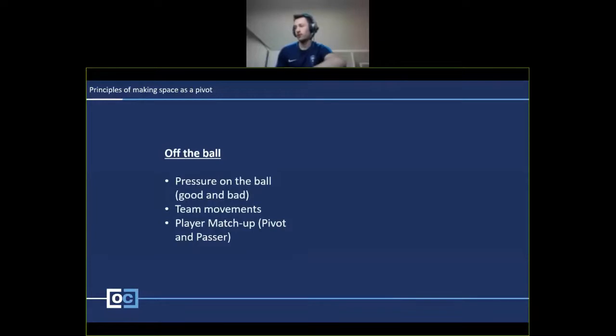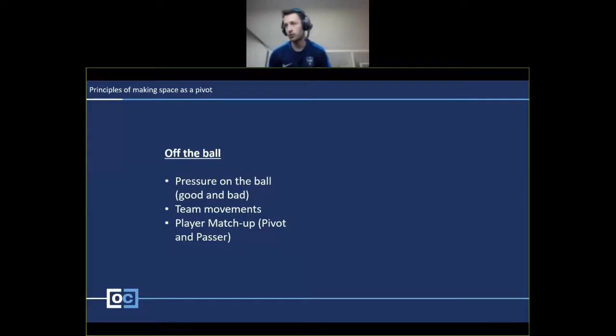Okay, so the way that I've split this presentation is looking at two pillars. One of them is how you act off the ball, and I'll talk a lot about actually making space as a pivot, because that is how I think you're going to influence the game. If you can get space on the ball to either find a pass or make that shot. So in terms of how to generate that space, what you can do off the ball to do that, where that can come from, as you know, there's loads of different scenarios in the game of futsal.